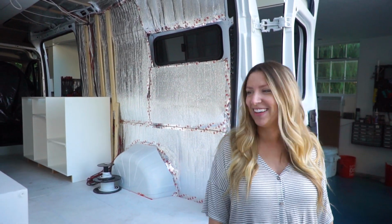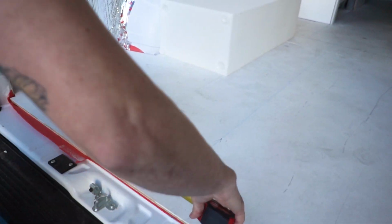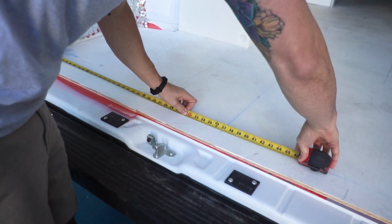So tip number 4 is to snap a center line in your van. This should be one of the very first things that you do as soon as you either lay down your subfloor, or if you already have a factory installed subfloor, you can go ahead and snap it right away. You're going to want to measure from both sides of the vehicle so that you know that you're in the center of the van, both in the back and in the front and in the middle, and then you're going to use a